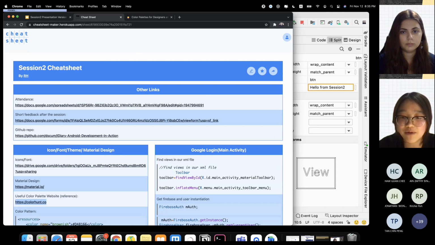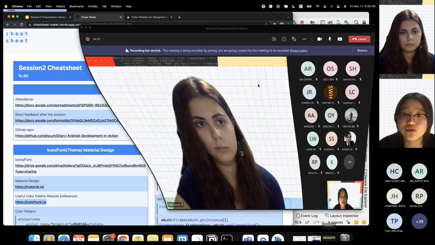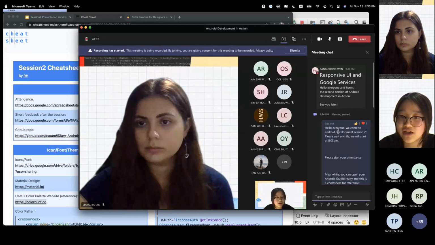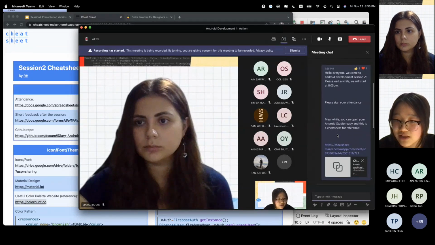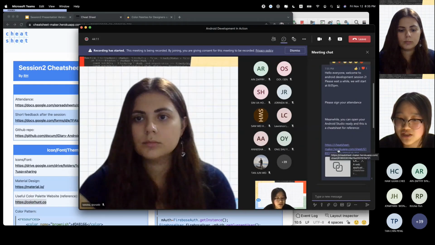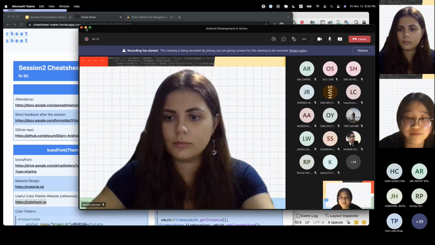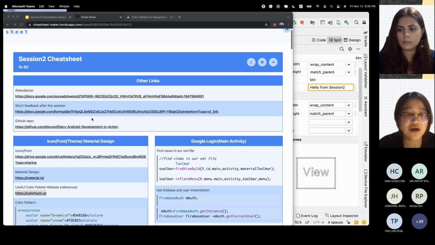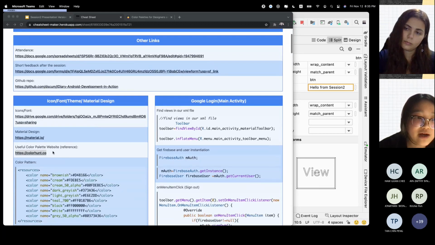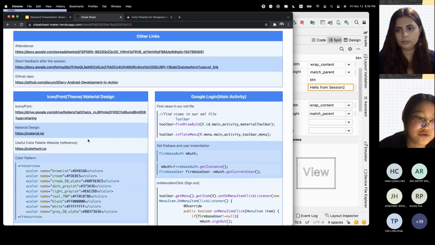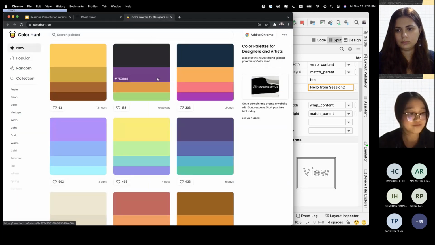I posted it in the chatbox at the start of the project. You can find the cheat sheet here and open it. I will give you some time to open. Please find here a useful color pattern website, and if we click it,